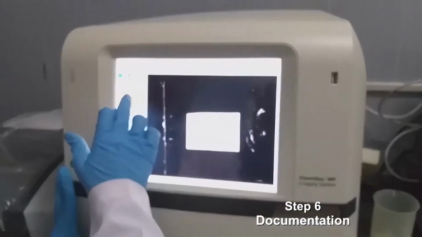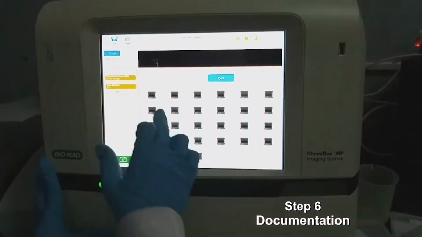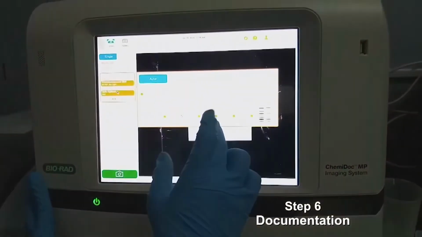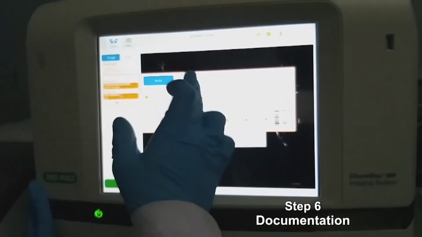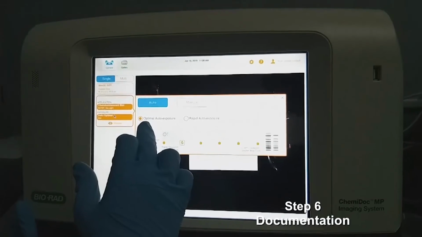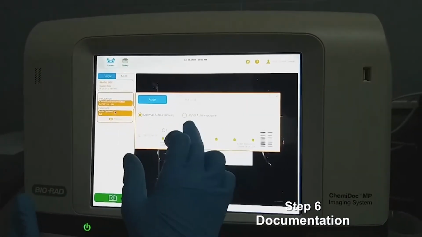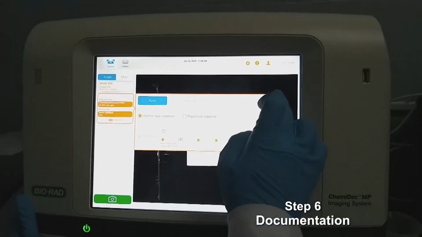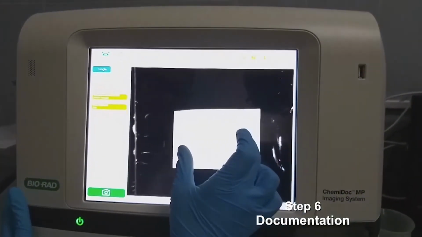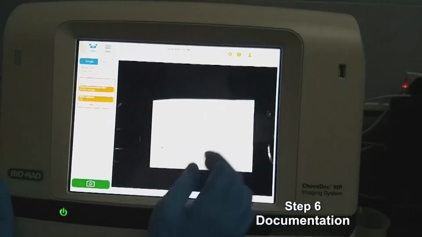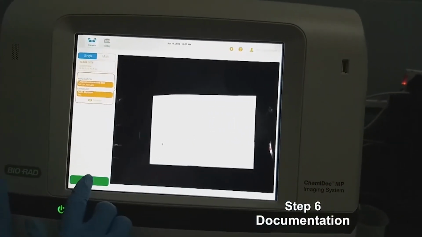Here we have to select the application. We want blots, that is chemiluminescent, and what exposure we want. You have two options, manual and auto. In auto, two options are there: optimal auto exposure and rapid auto exposure. We will choose optimal auto exposure. So you can enlarge the blot also. Once it is over, you just say